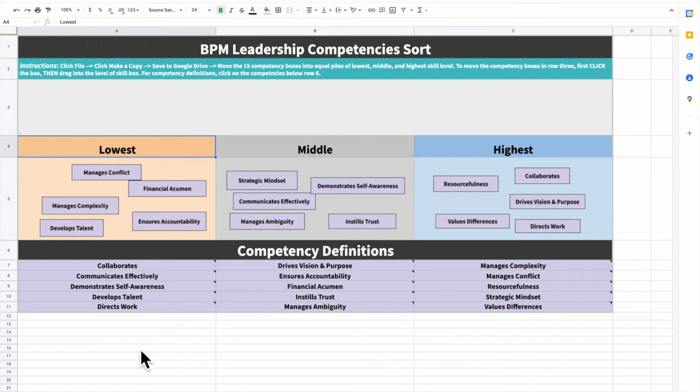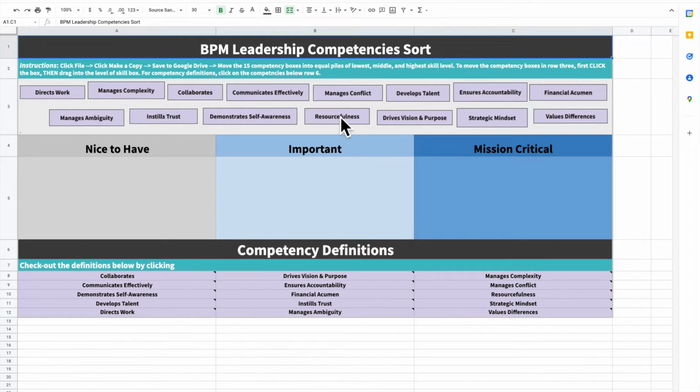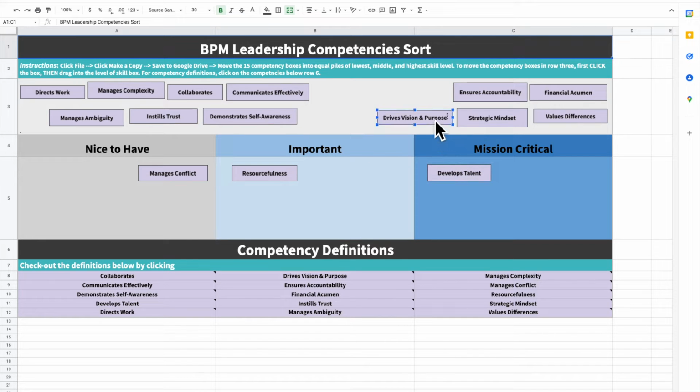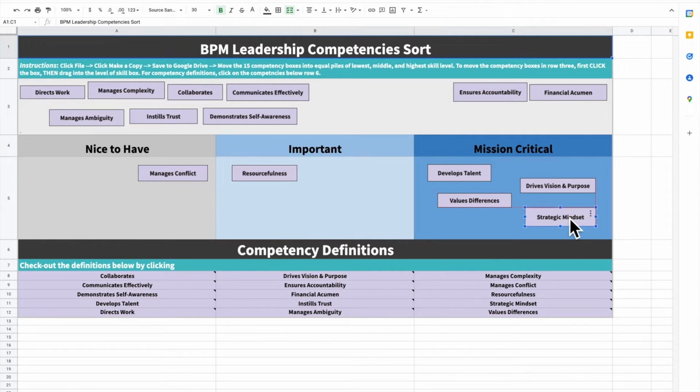Once you are finished with the skill sort, jump to the importance tab for your second sort. This time, it's still a forced sort, but with different categories and sorting criteria. This time, you need to think about the perceived level of importance that the competency will play in your future career growth, thinking 1 to 3 years into the future as best you can.